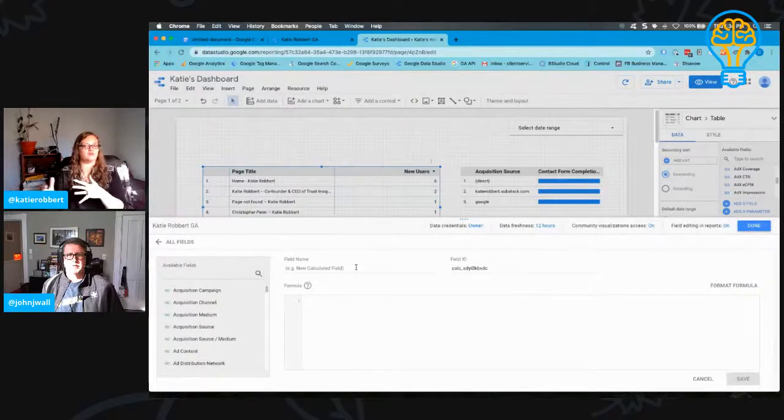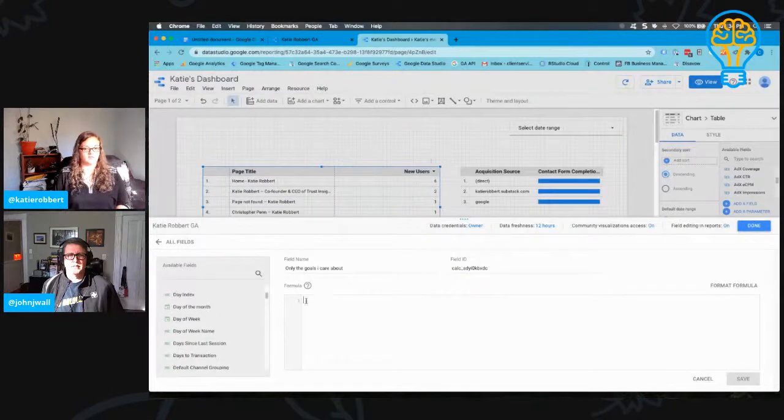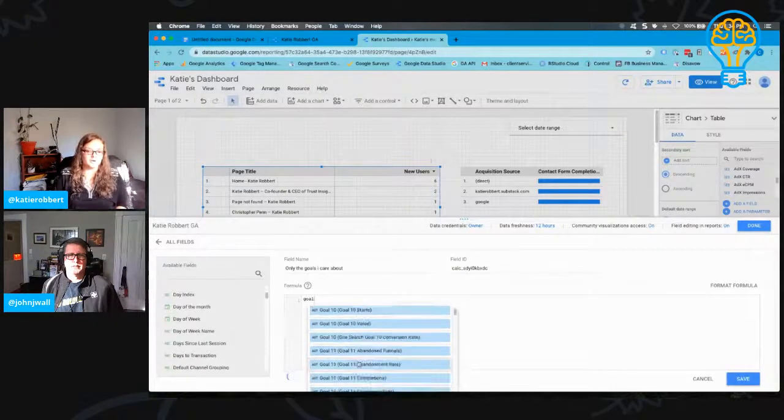But not all the goals. So let's say I just want a calculated metric for contact form and for newsletter, but I don't want the other 2 goals. So I would just create only the goals I care about. And then I would start to pull in those goals. And so I would look for goal 2 or goal 3 and goal 4, and I would add those total